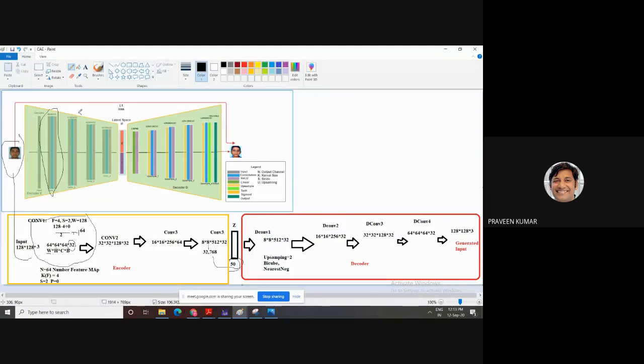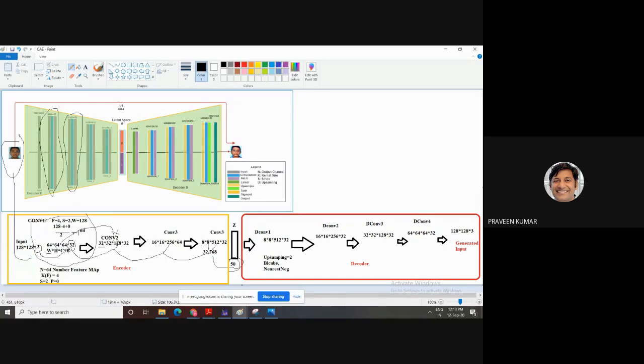Then go for the second convolution. In this second convolution, my feature map is 128, and the filter is again 4, and the stride is 2. We apply stride 2, which means the spatial size again decreases by half, so 64 converts into 32 cross 32, with 128 features. The features are increasing; initially we had 3 features. This is very important. If you develop this model, this is the standard: 3 to 32, maybe go for 16, then 32 to 64 or 128, then 256, then 512. If you need to go beyond, then 1024 is the standard.